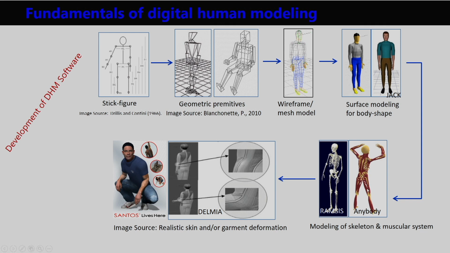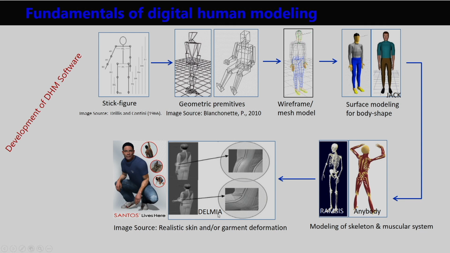Then further advancement came with muscles, ligaments and skeleton structure, and now the most advanced digital human models have features like cloth wrinkles, body part deformation, skin deformation, and movements of body parts. With this type of real human like simulation now possible, as shown from the Santos software